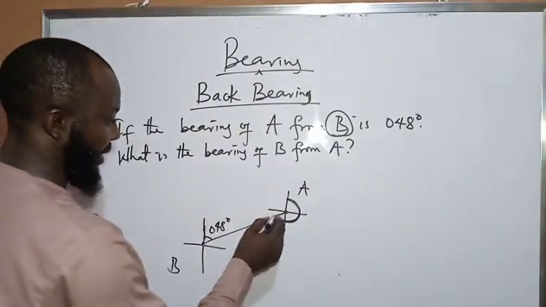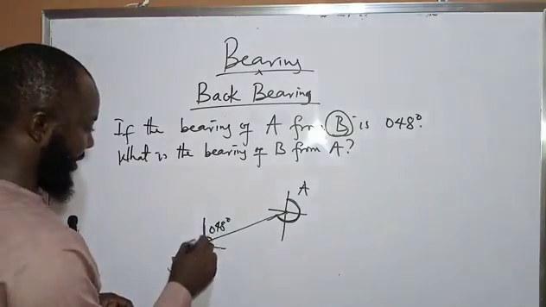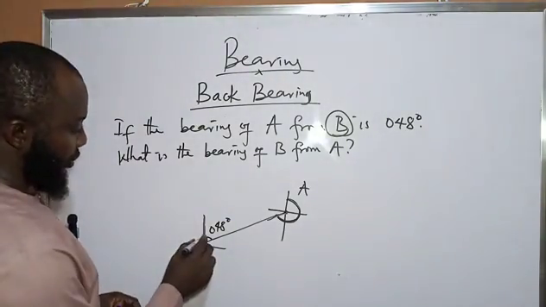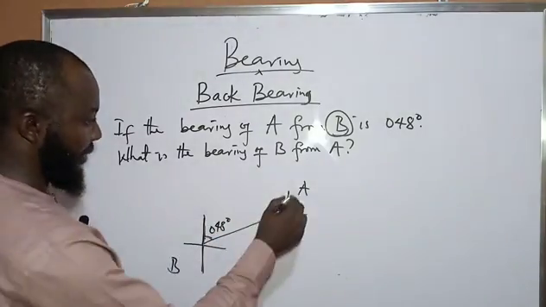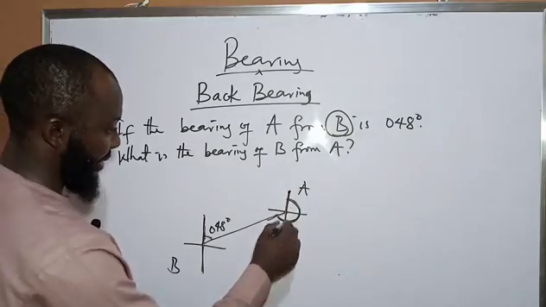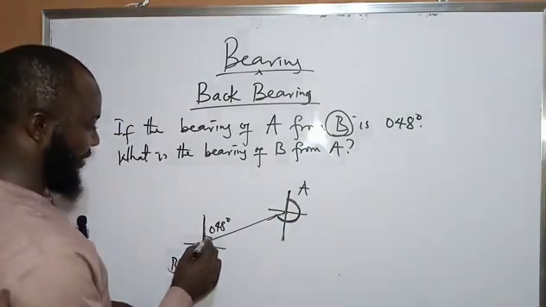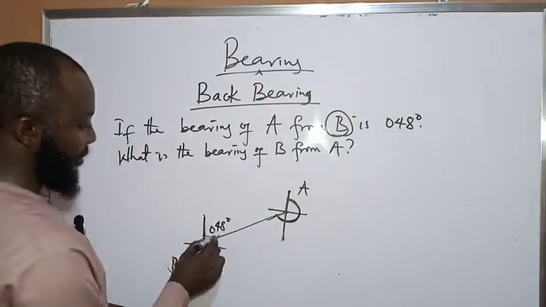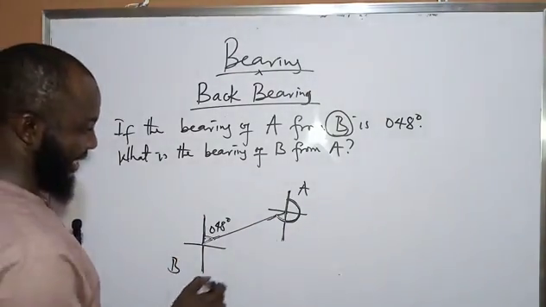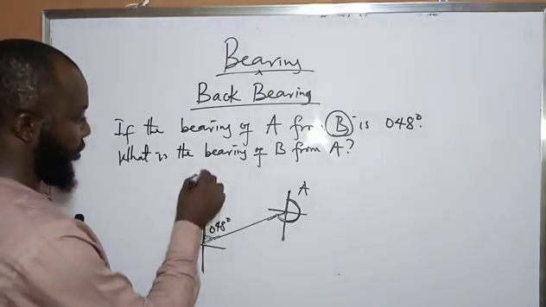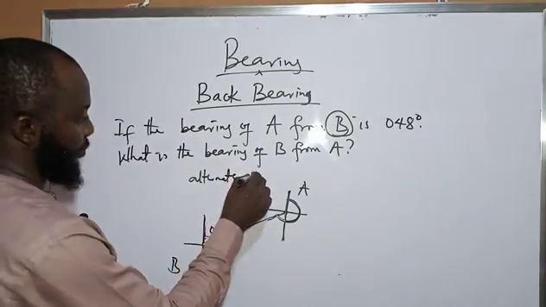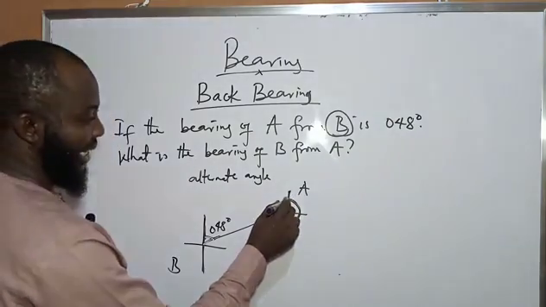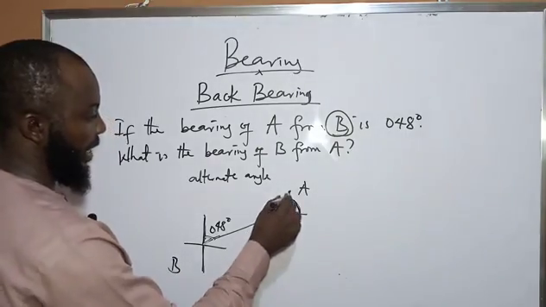Since we are calculating this angle, you've learned about alternate angles between lines. These two lines are parallel lines; they can never meet. So this is a transversal crossing the two parallel lines, and this angle here is the same as this angle. Those are alternate angles. So this is 48 degrees, and the angle we are calculating goes from here to this place, and from here to this place is